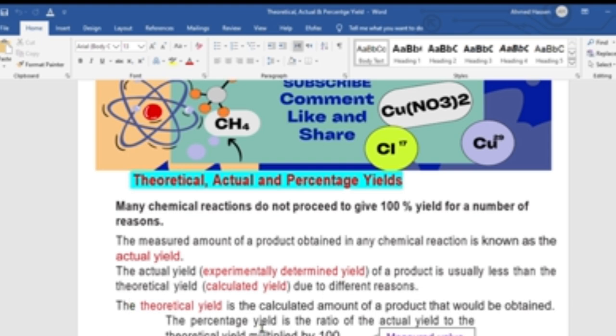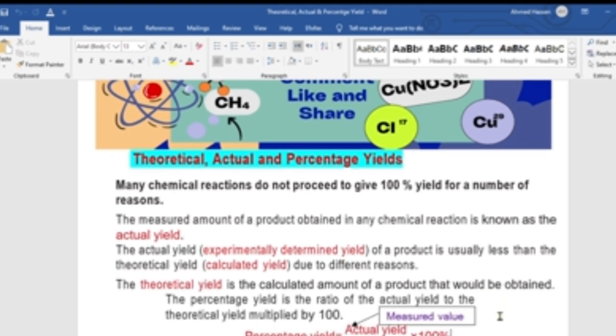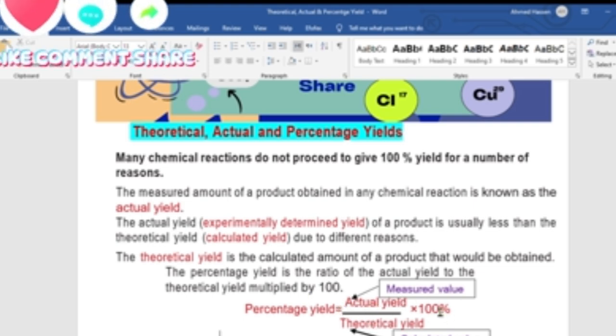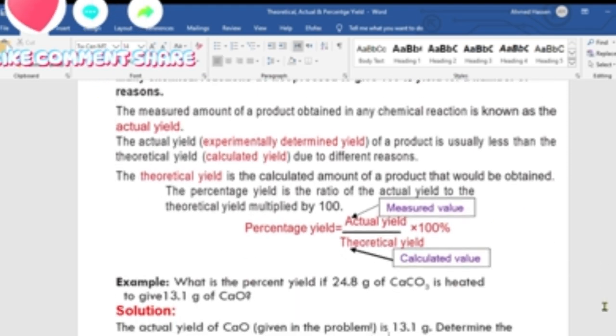The theoretical yield is the calculated amount of the product that will be obtained by calculation using the mass problem method. The percentage yield is the ratio of the actual yield to the theoretical yield, multiplied by 100, and is presented by this formula. Percentage yield is equal to actual yield over theoretical yield, multiplied by 100. Example: